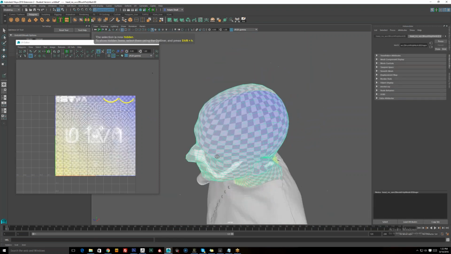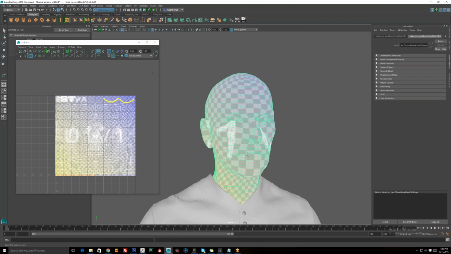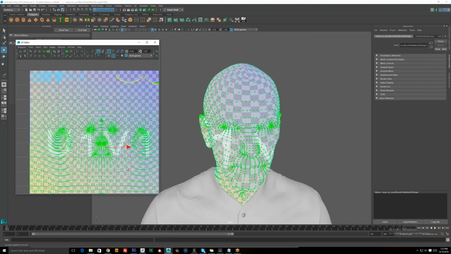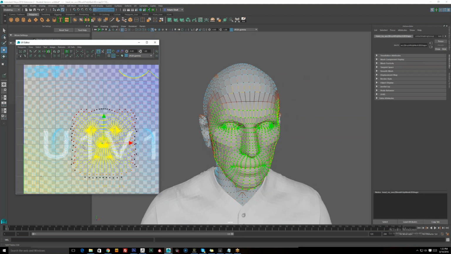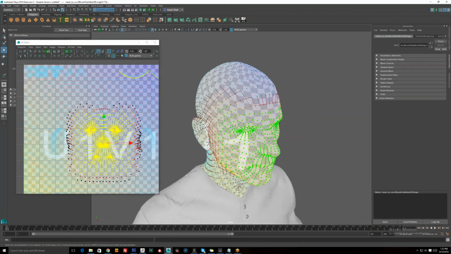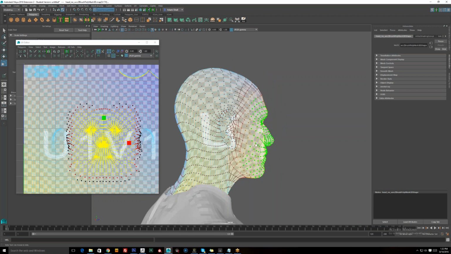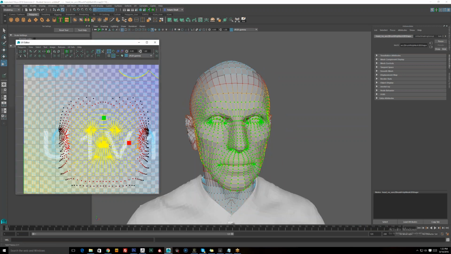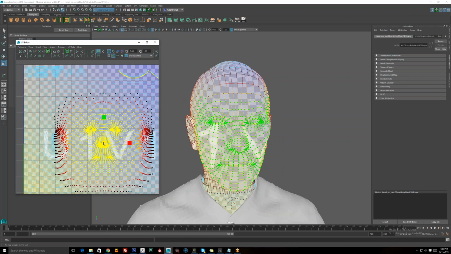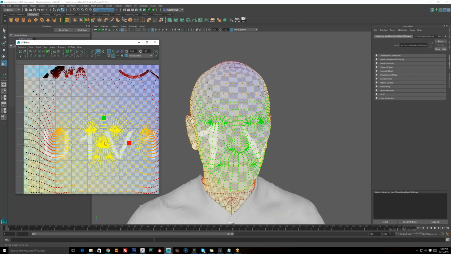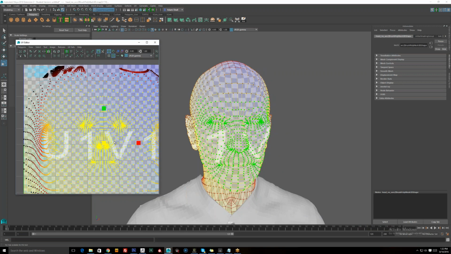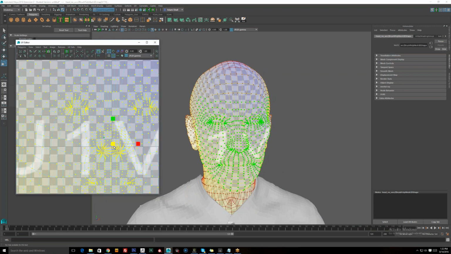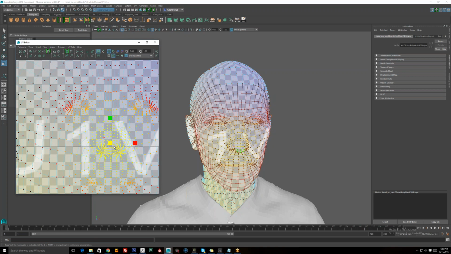So you have some basic UVs now. It should be fine. One thing I do like to do, and I know I just skimmed over this for a second there, is I don't want any stretching on this, or as little as possible. But I also don't want the back of the head to have more UV space than the nose. So a lot of times I'll grab the middle of the face and, let's do a soft mod here, and give it a little more room. It's going to cause some distortion, but